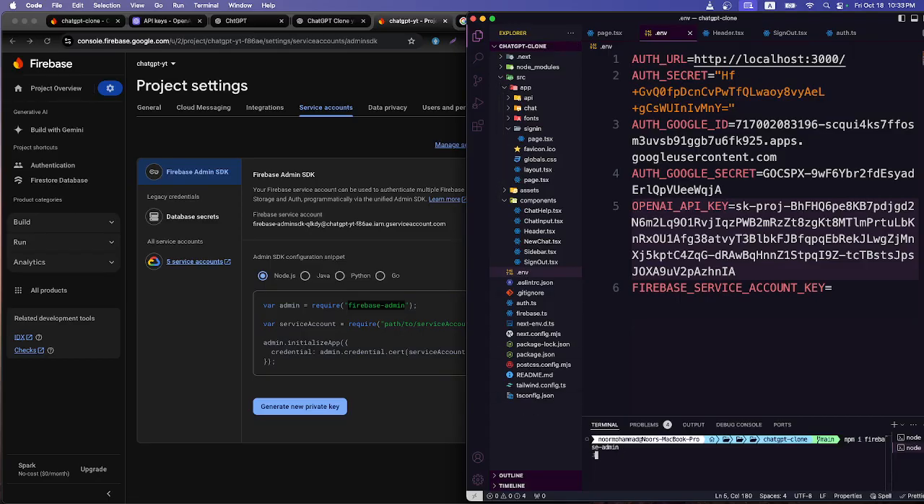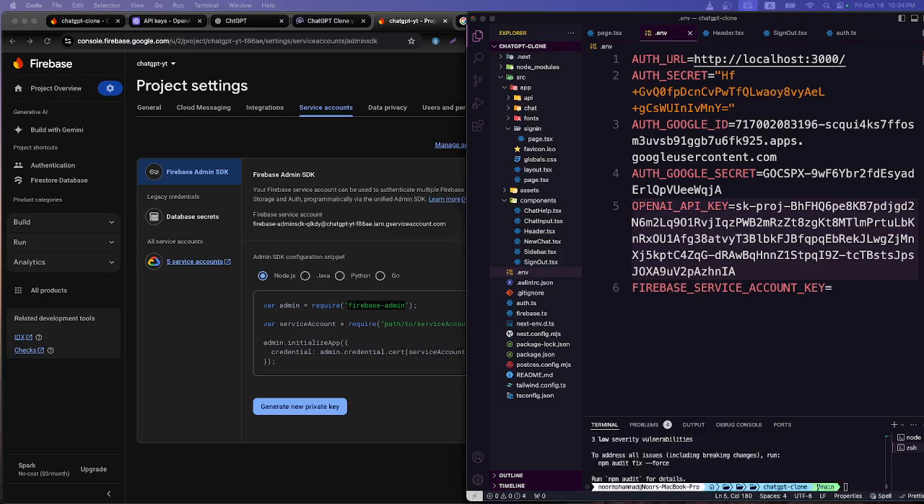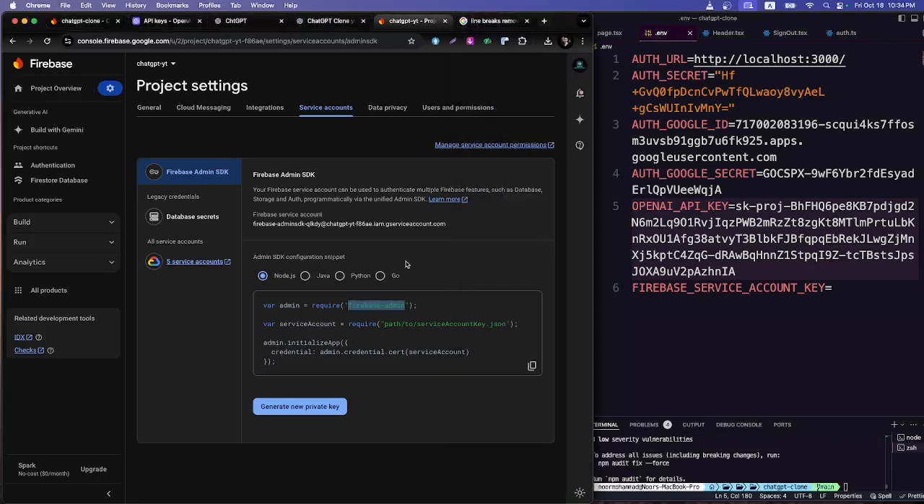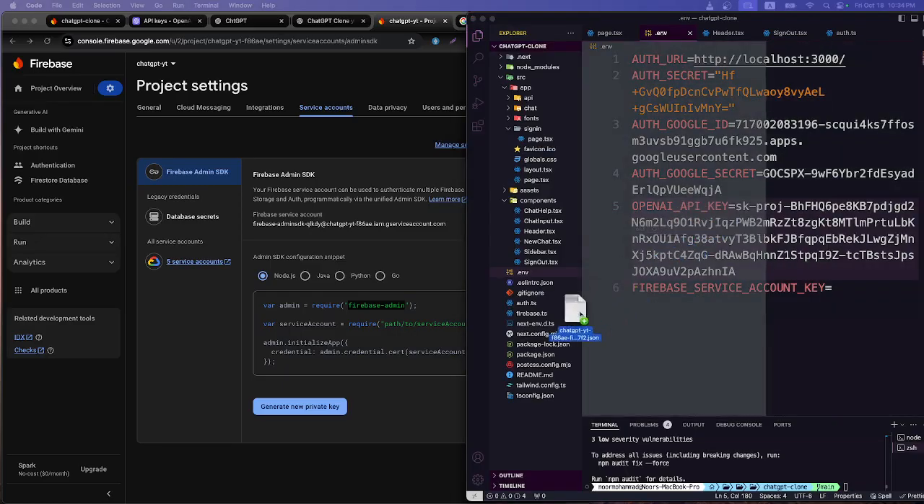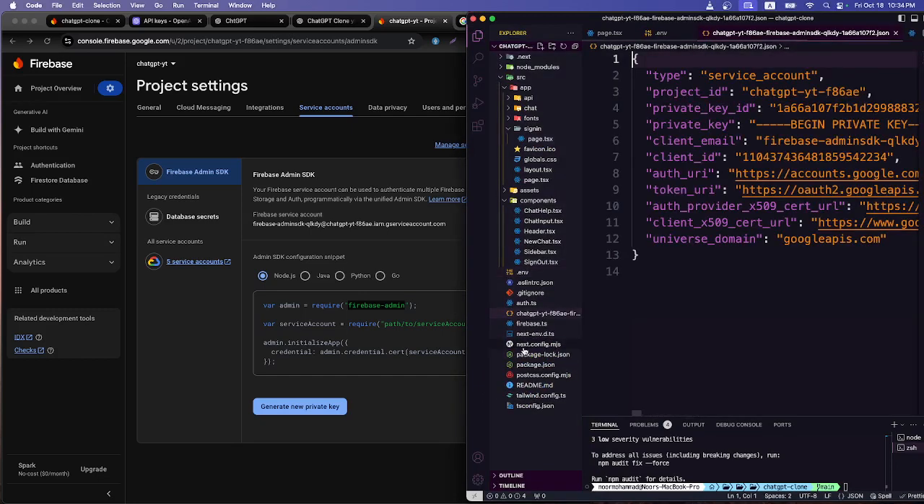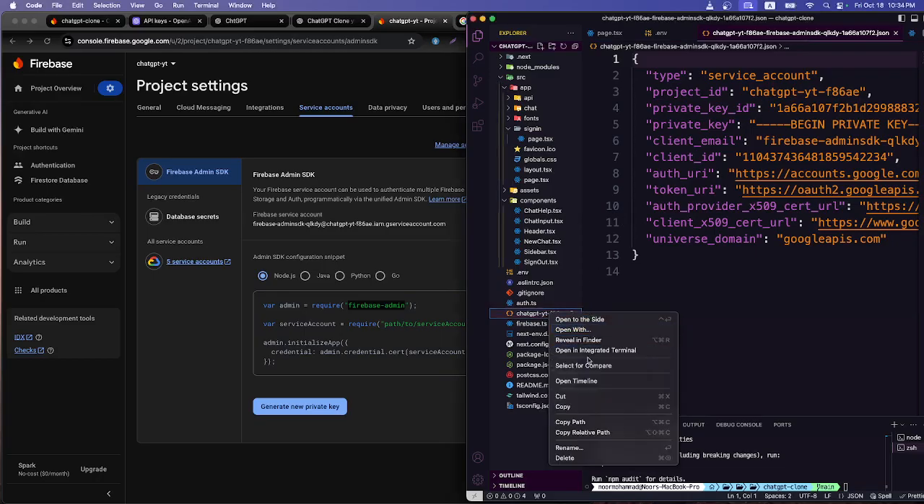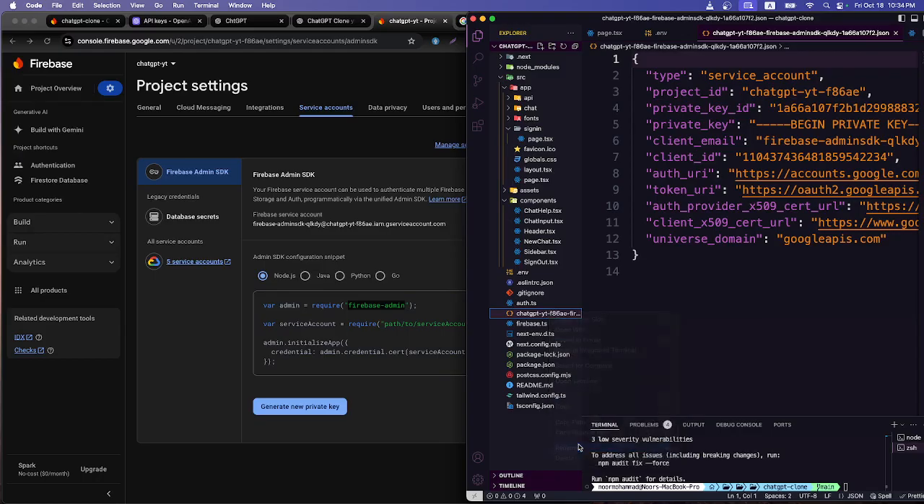So now if I just roll back here, I already got one JSON file here. Whenever you click on that generate new private key, it will generate one JSON file, and it will automatically pop up within your download folder. So I'm just gonna directly grab it into my application, and from here I'm gonna remove that portion. What I'm gonna do is rename it, and let's put serviceAccountKey